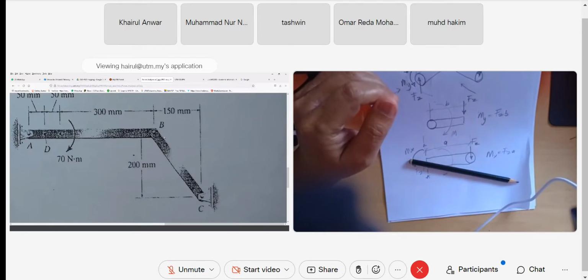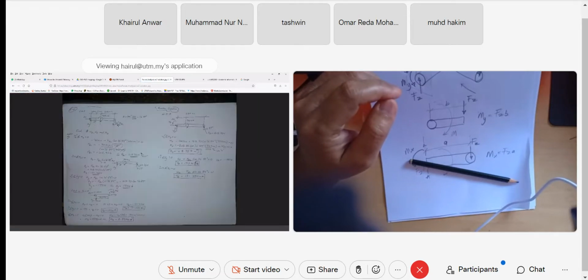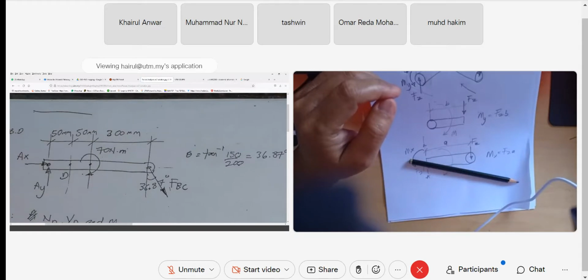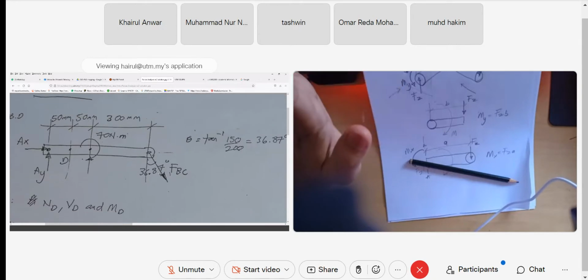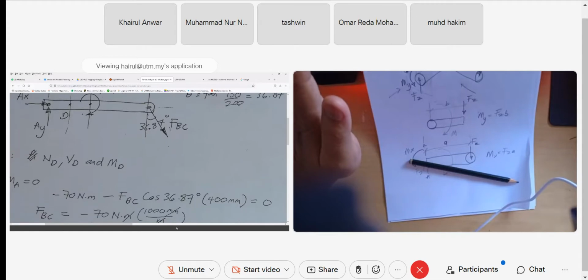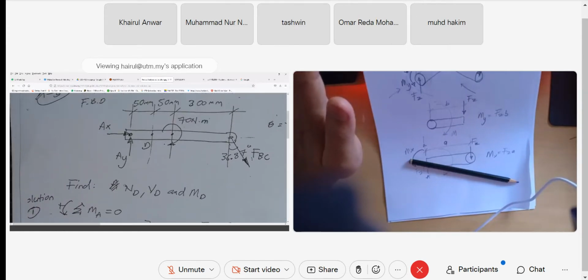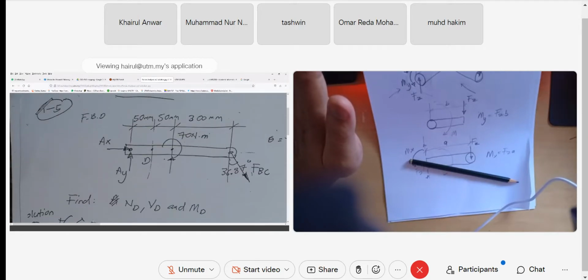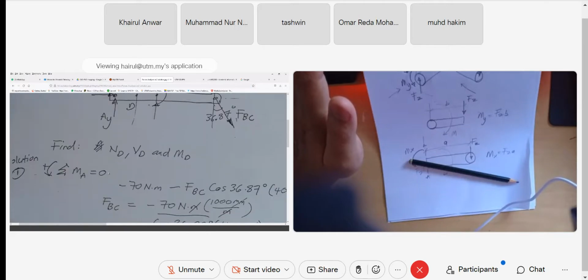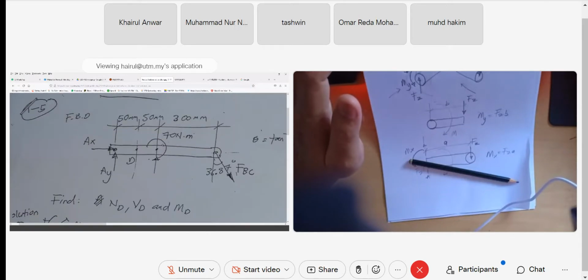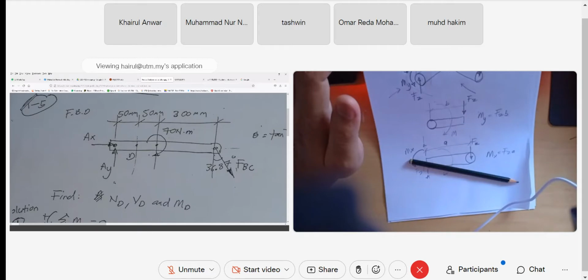Macam ni is BY at an angle. We have 150 and 250. You can know the theta angle. So that's why in my solution there, I know the FBC, the member is 36.87 degrees based on that vertical. So this FBC, everything is much simpler to solve. So at point A, just in matter of summation moment of A is 0, then we have external moment. First I make it summation of moment, summation moment of A is 0 at point A. So I have external moment, so I cakap counterclockwise positive. So yang ni is clockwise negative. So I have